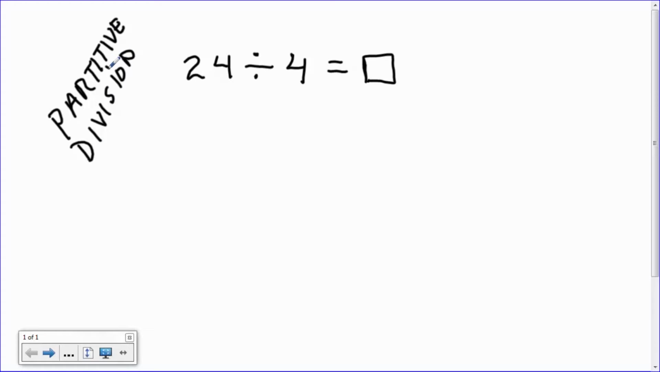So in partitive division, what we know is we have a given set of objects called the dividend set, whose size is called the dividend, in this case 24. And we know the number of groups that we want to separate the 24 beach balls into. In this case, it's 4 groups. So this particular number here that's telling us how we want to separate those 24 objects,